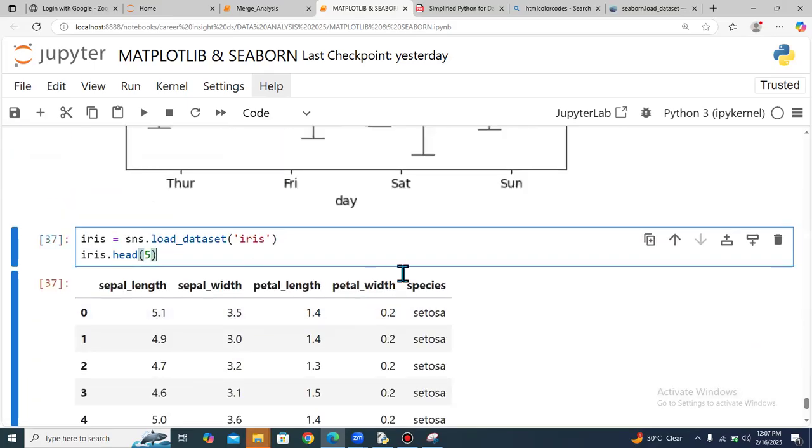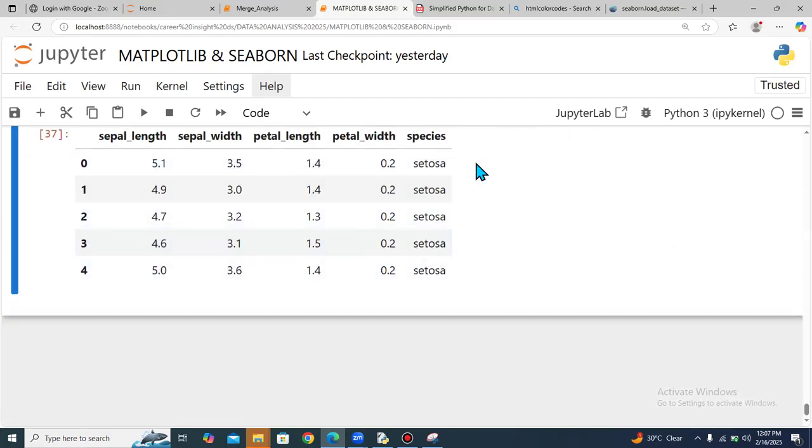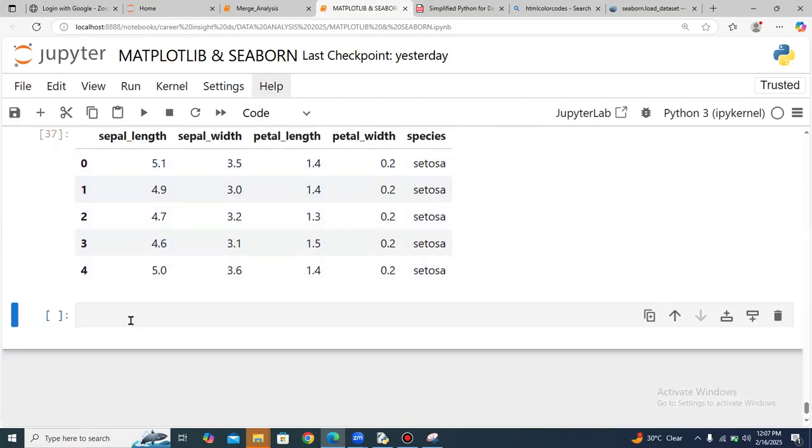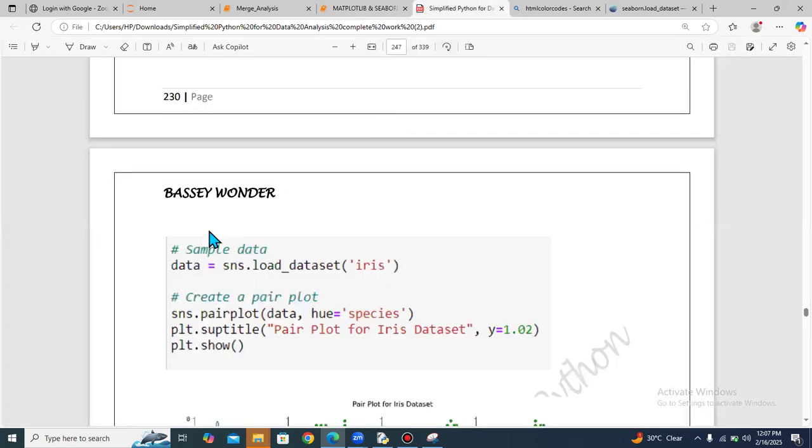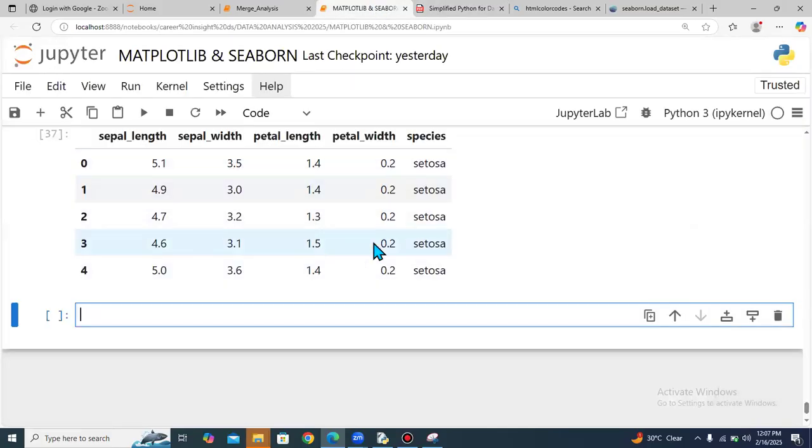So now what are we doing? We want to create a pair plot for each of these. Don't forget from our material here, we said sns dot pairplot, then we pass whatever is holding the data, then our category by what? Species. So my plot's category is going to be based on the species. So I'll just say sns.pairplot,